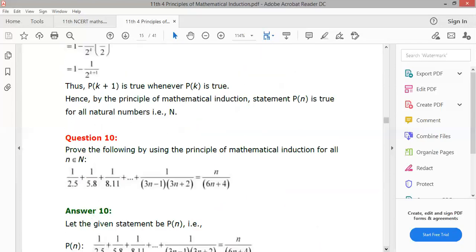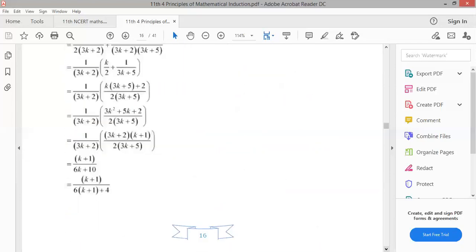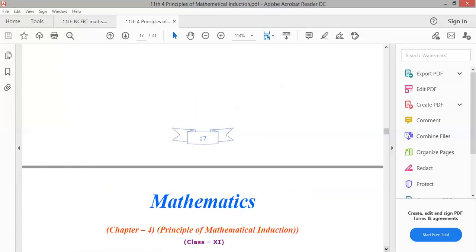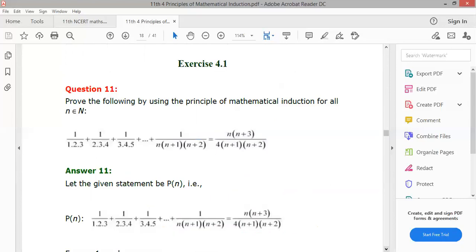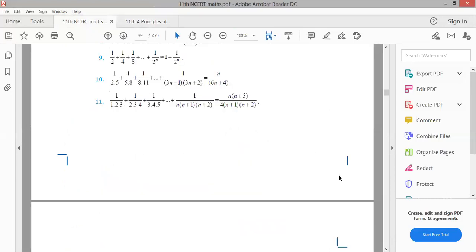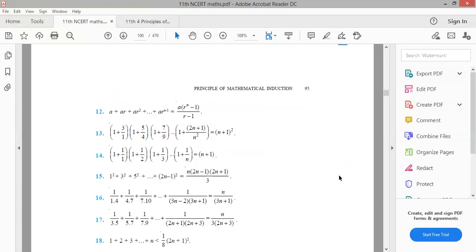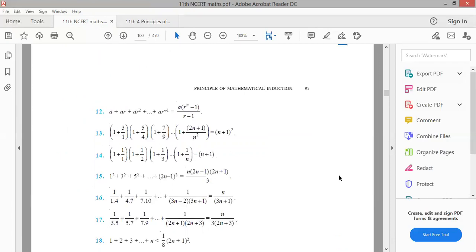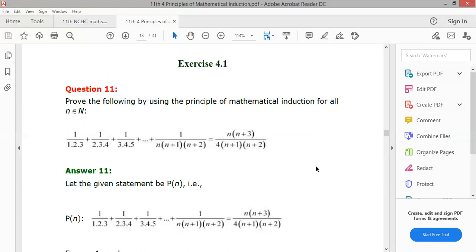Let's go to the next question. Actually in this exercise, we have 24 questions. So we will be going to question number 12. So question number 12 is,